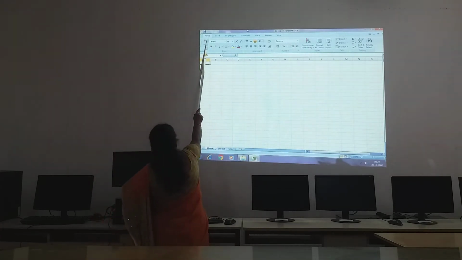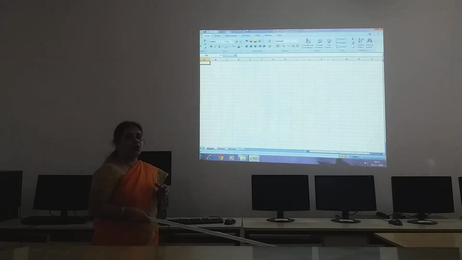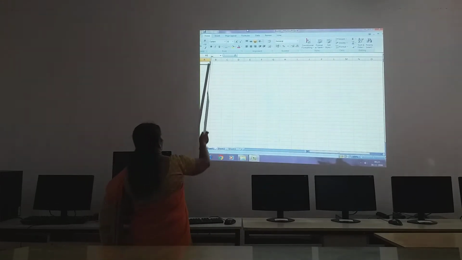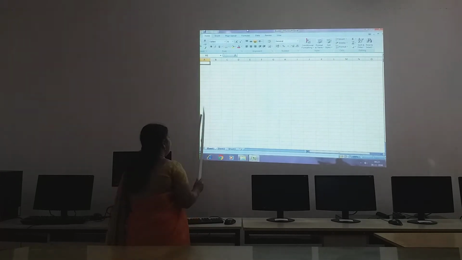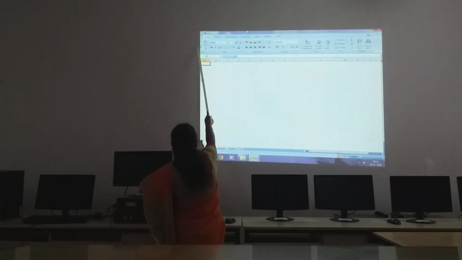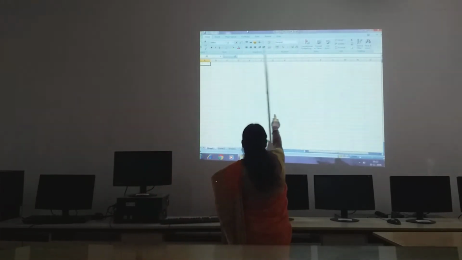Then here you can see the home, insert, page layout, formulas like this. These are your menus, or you can say tab also. Then each one has been grouped, children. So this whole thing is called your ribbon.